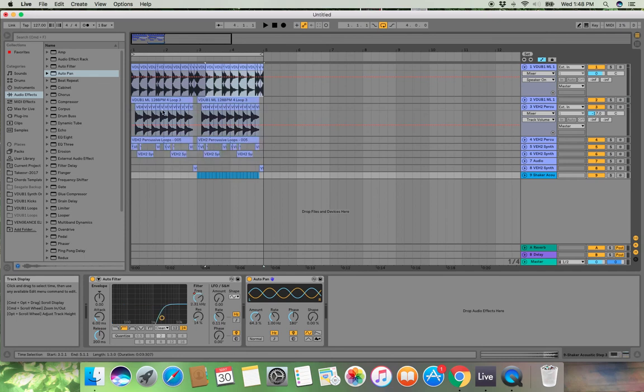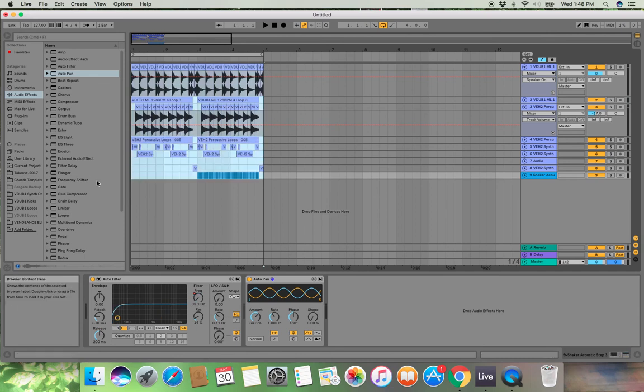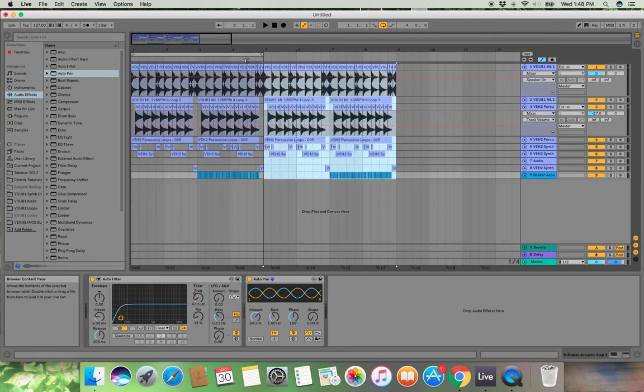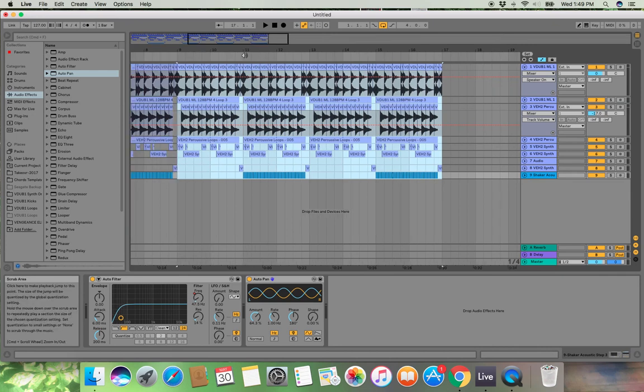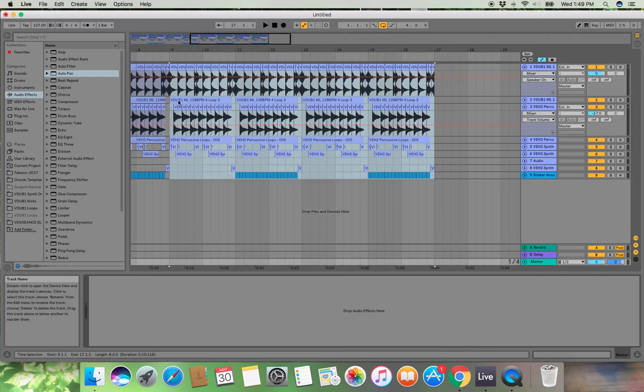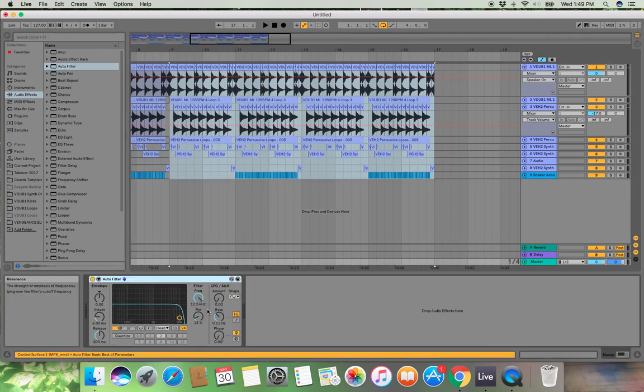Let's go all the way from the top, Command D, and then let's duplicate the 8 bars to turn it into 16 real quick. 16 bars, and on this one, I'm going to put a simple filter delay, auto filter on the